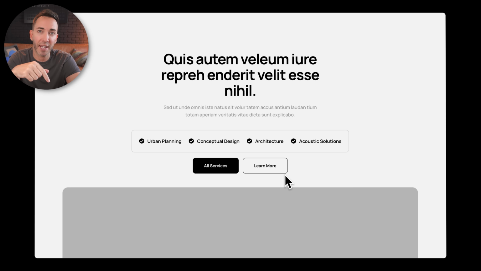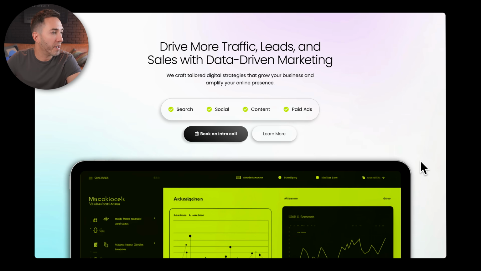If they're not ready to take action now, they can go learn more. They can, again, read reviews. They can check out your pricing, anything like that. And then we have room for an image underneath it too. So let's check this one out. So this one would be for kind of a marketing agency. So in this kind of